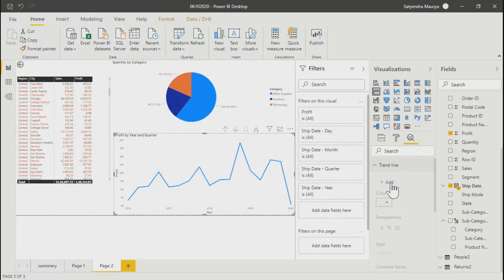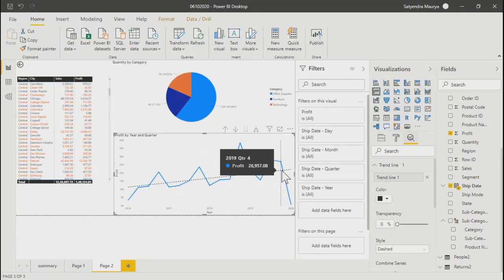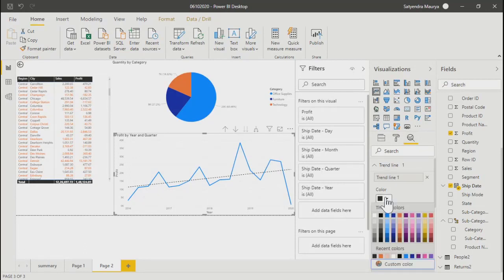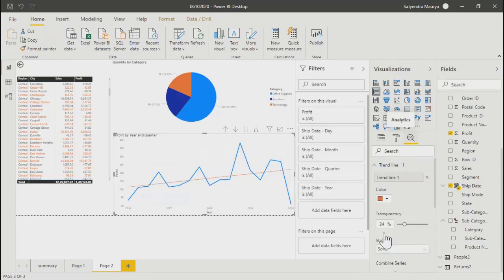So let's say if I click on add, this is the one line which got added. Now you can work on the formatting of it, how you want to format it, the color, transparency, or maybe the type of line you want to show, a solid line or maybe a dotted line. So this is always going to be a straight line, the trend line.